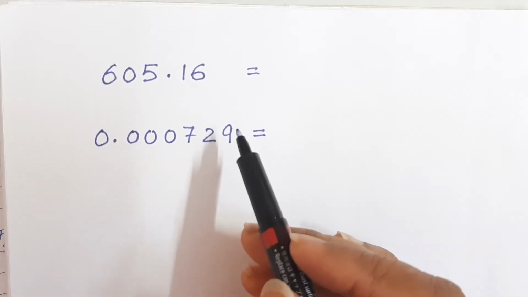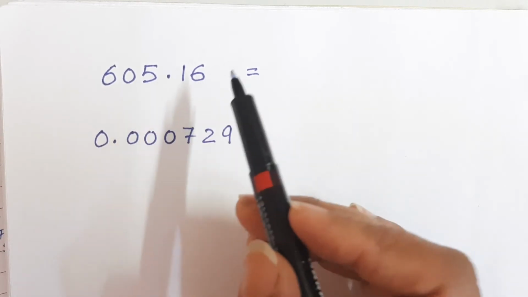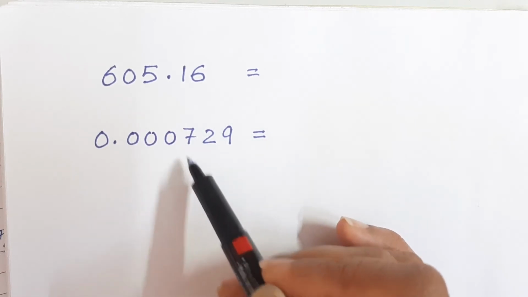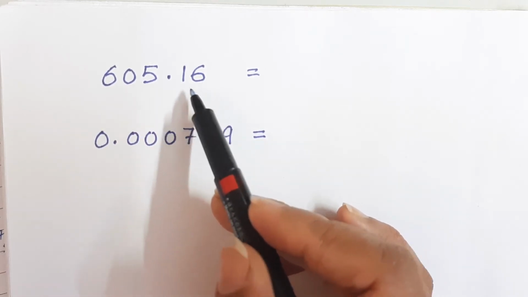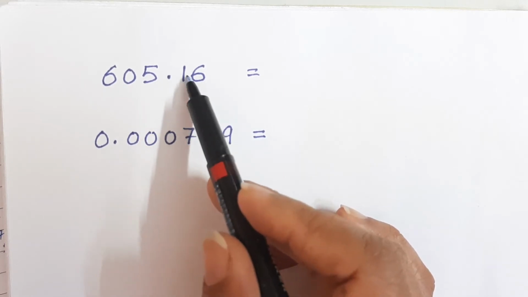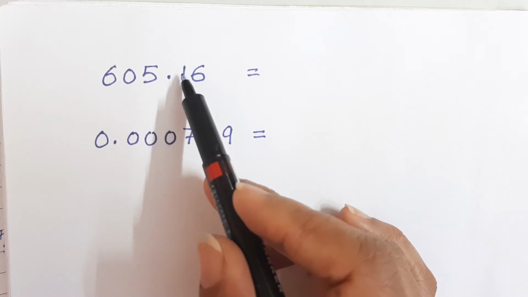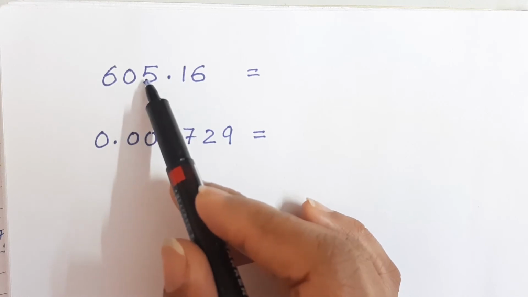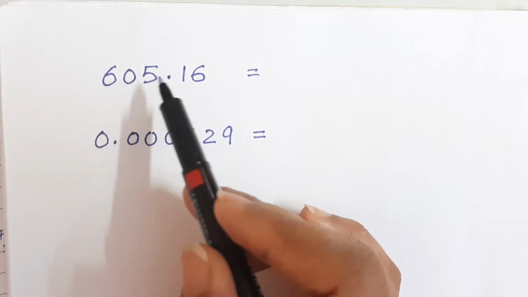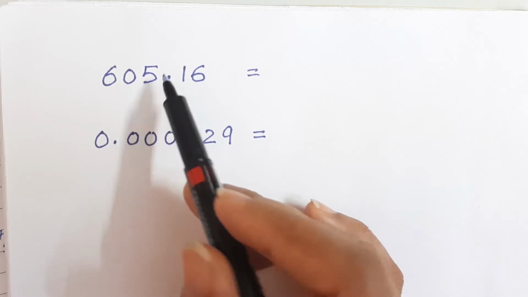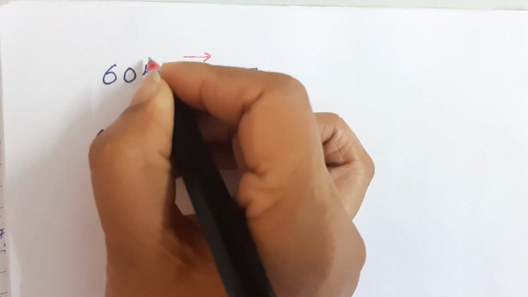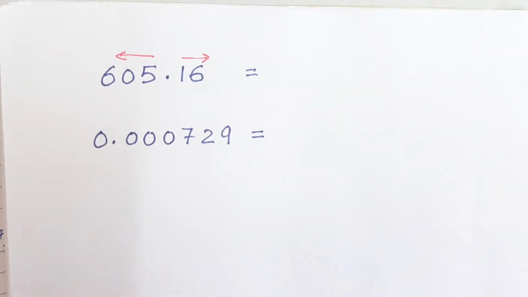Now children, let us learn how to take pairs when the numbers are given in decimal form. In the mixed decimal numbers, starting from the decimal point, group the integral part from right to left. That is, before the decimal we start from right to left, and the decimal part, that is after the decimal, what we have to do? We have to start from left to right, in this direction. Clear?